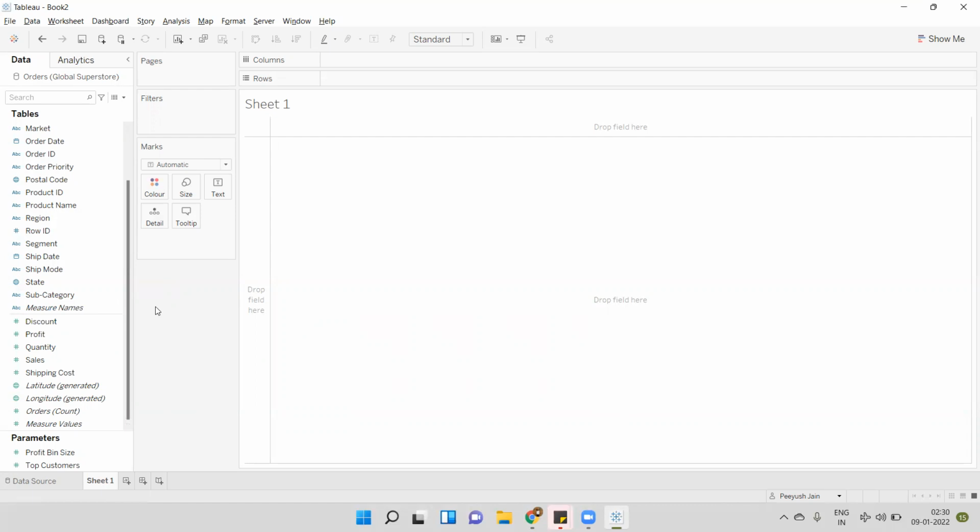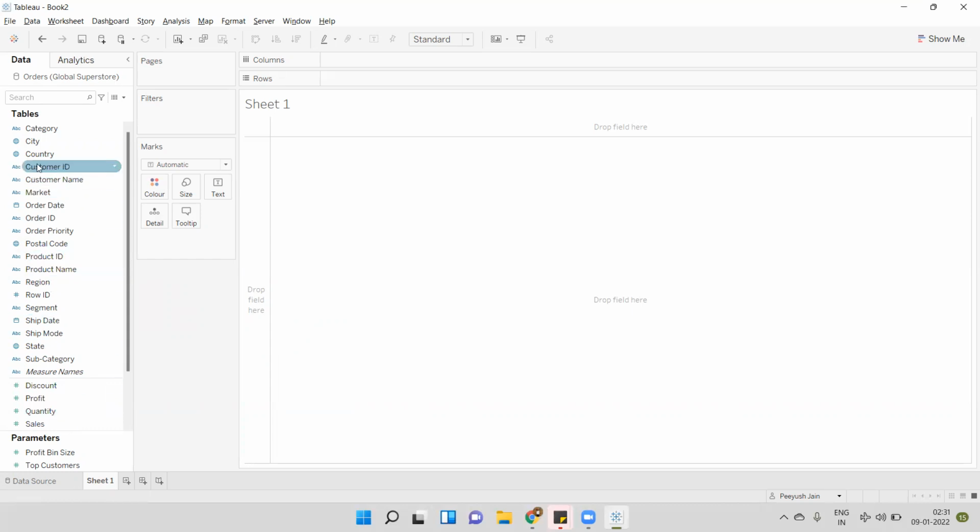So as I mentioned, all the textual data like string, date, geographical are considered as dimensions. So for Category, we can see the data type of Category is string. ABC represents the string, and City is represented by the geographical data type. So all these are the dimensions. Whereas Discount and Profit represent the numeric data type. So all the numeric data types come into the measures.